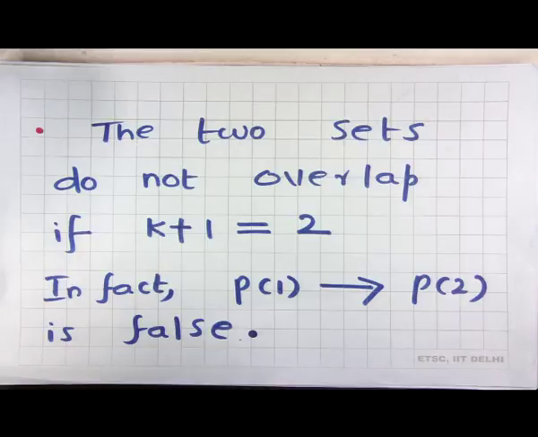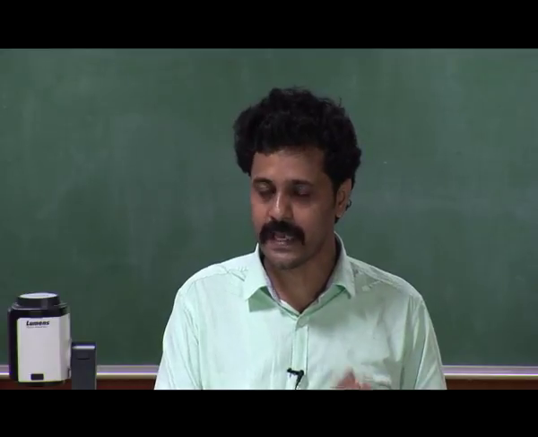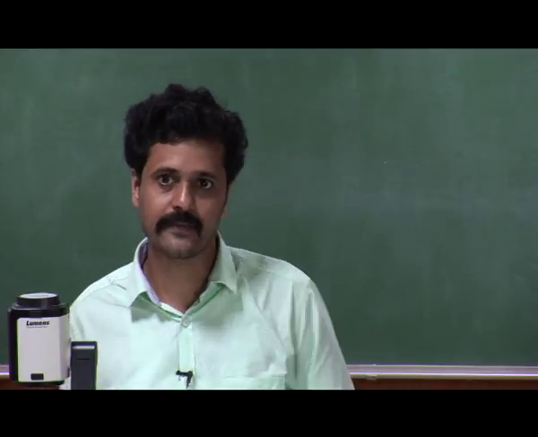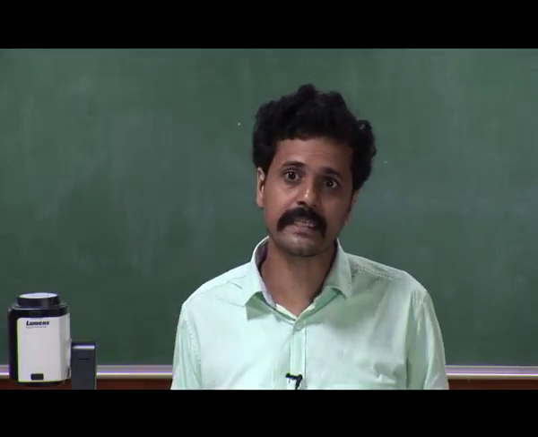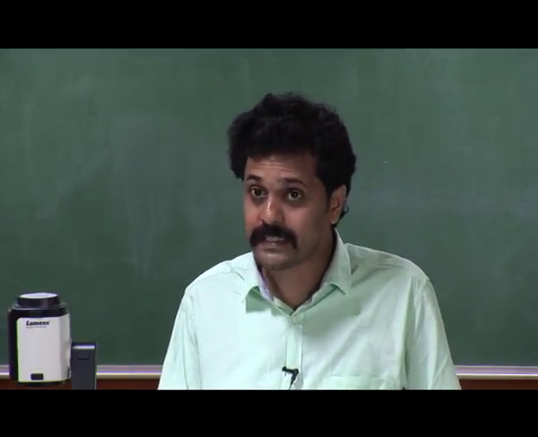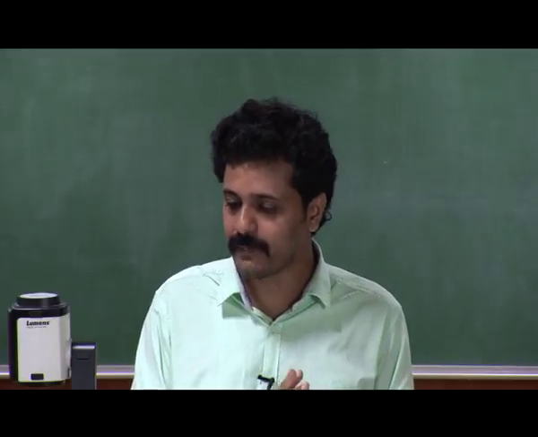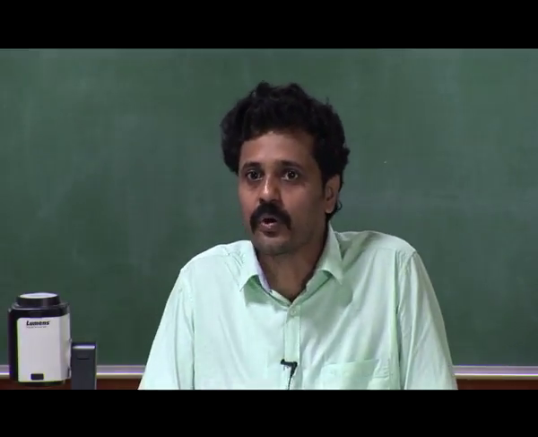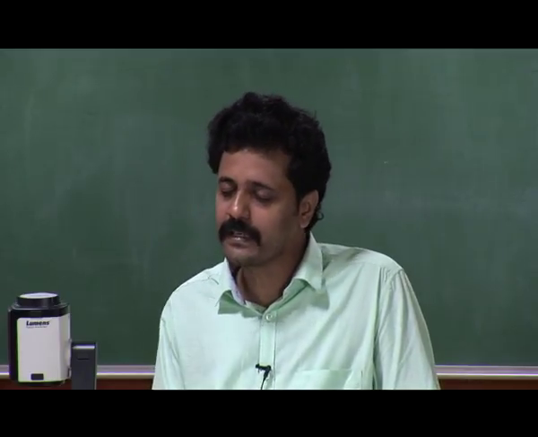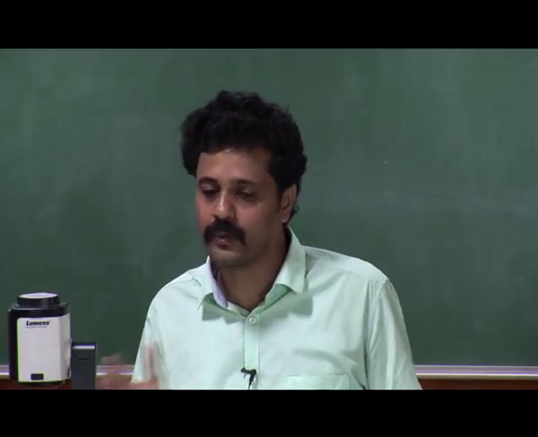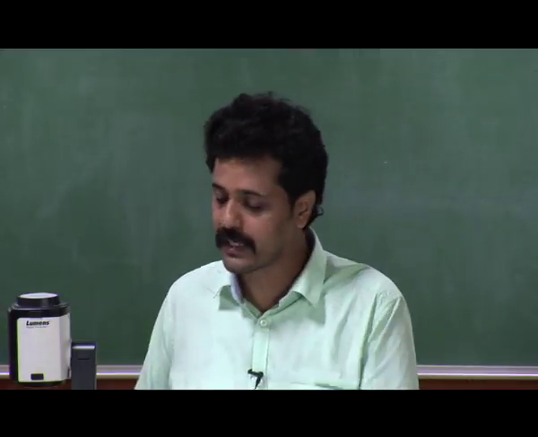Now, the mistake in the second step, the inductive step, is the following. We argued that the first set of k horses have the same color, the last set of k horses have the same color, and these two sets overlap. But these two sets may not always overlap. For example, if you have only a set with two elements, the first set of k elements and the last set of k elements do not overlap. For instance, if you have the horses as A1 and A2, A1 may be of one color, A2 may be of the other color.